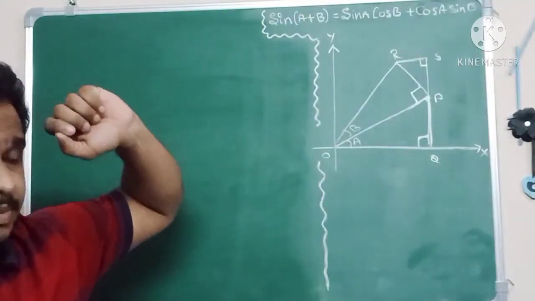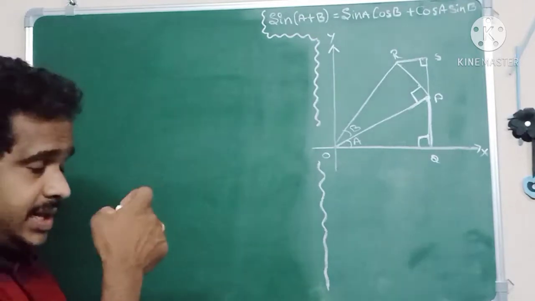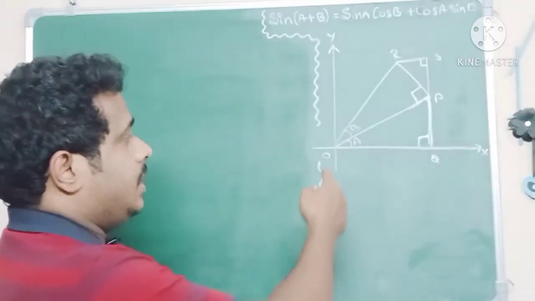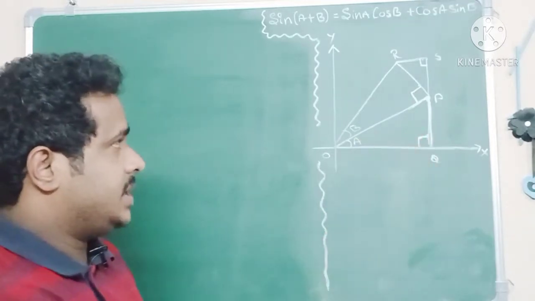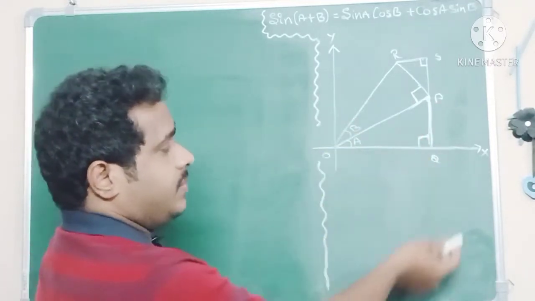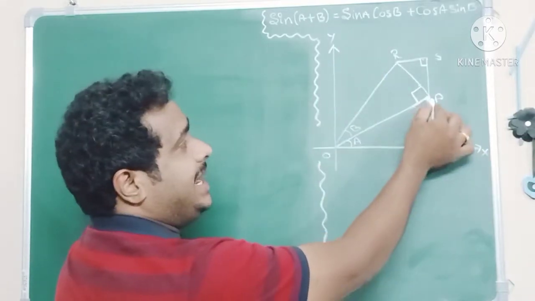Let us see the sin(A+B) proof. Again we need a geometrical construction. Let me explain this first. Okay, first in the xy plane take any point P,